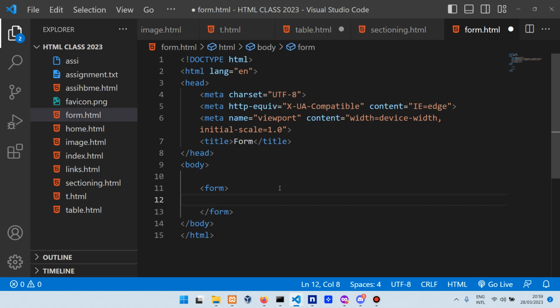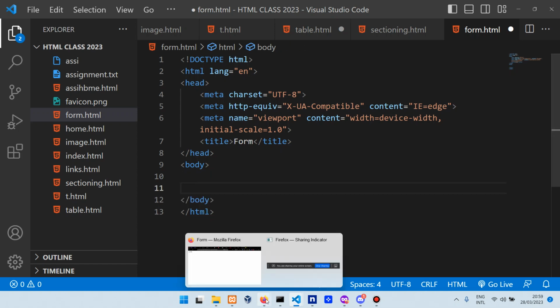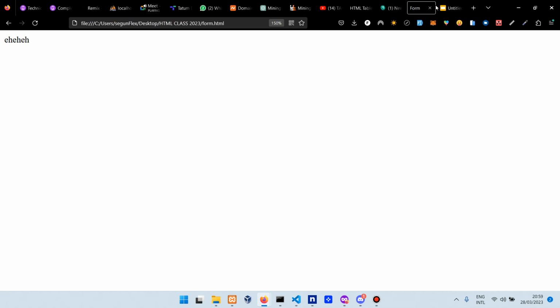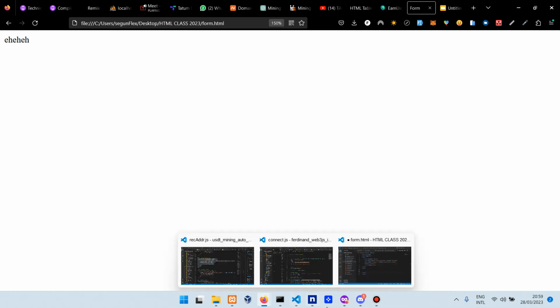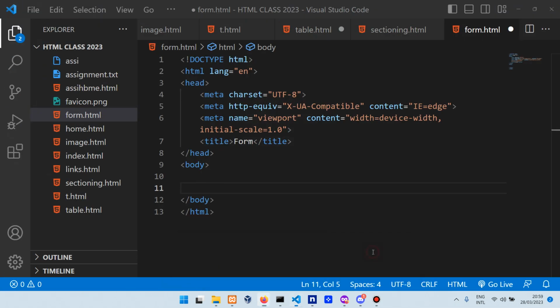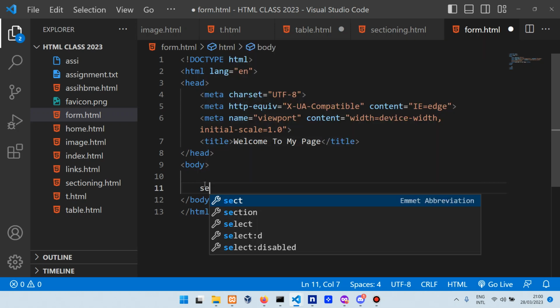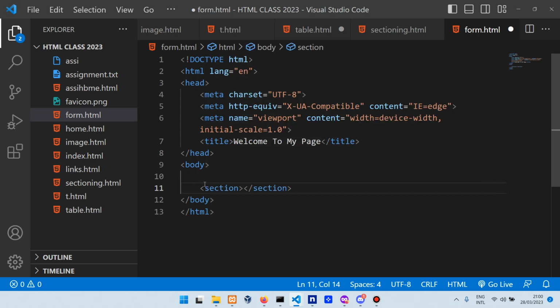So, firstly, let us put it inside a section. Let's say we want to build a registration form. You understand? We want to build a registration form. So let us replicate it as a website. Welcome to my page. I will wrap this inside a section, and it will have